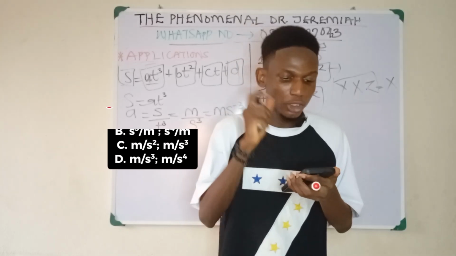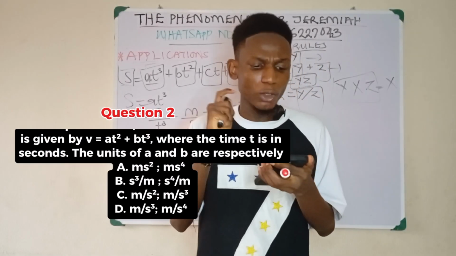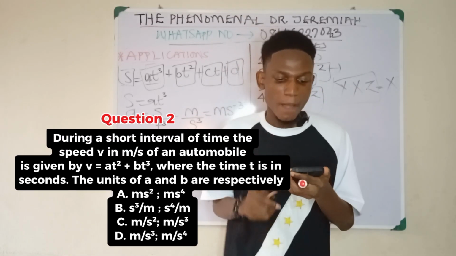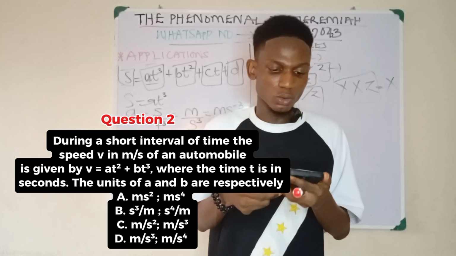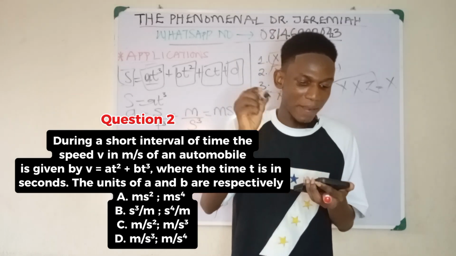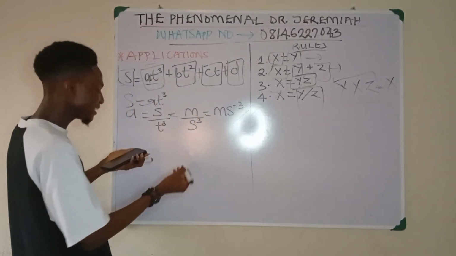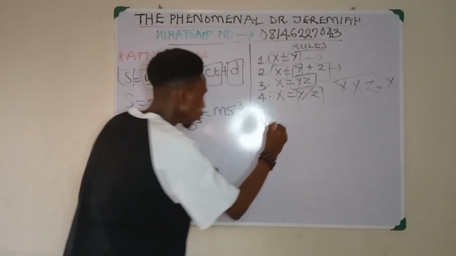It says, during a short interval of time, the speed v in meter per second of an automobile is given by v equals to AT squared plus BT cubed, where the time t is in seconds. So the units of A and B are respectively, they give you options. Now, let's write out the relation. Let's solve it here. V equals to